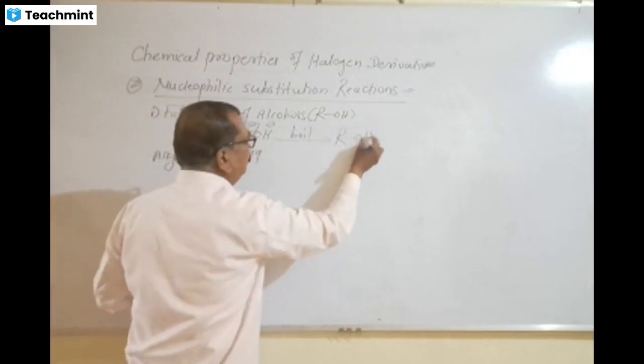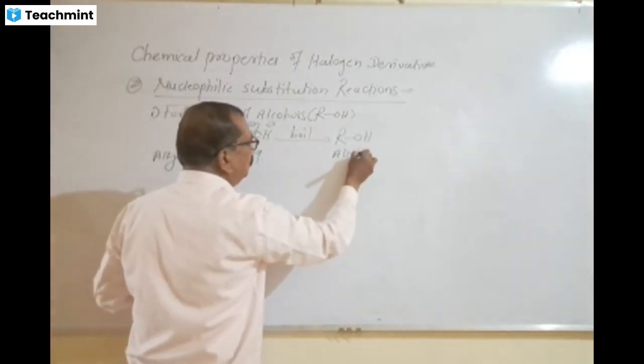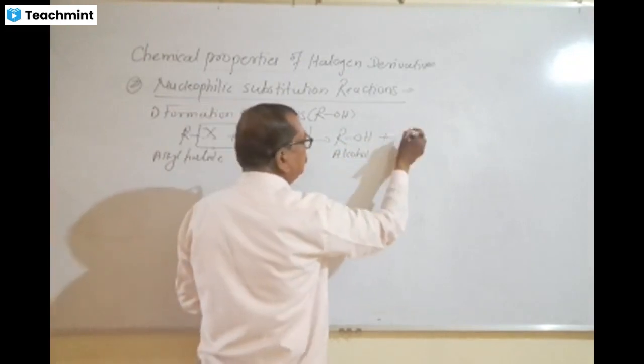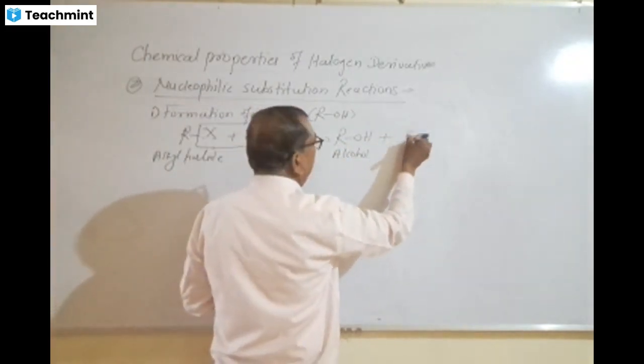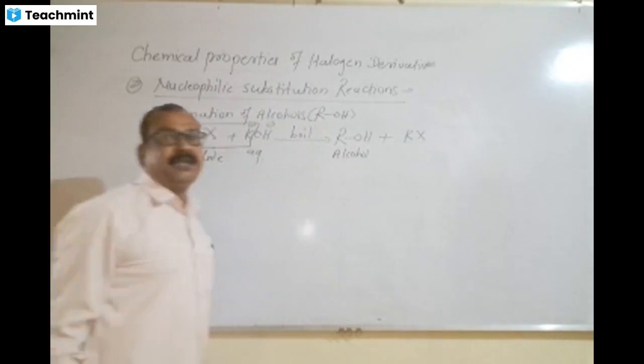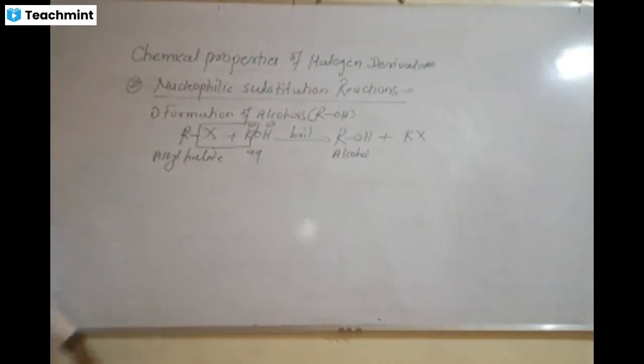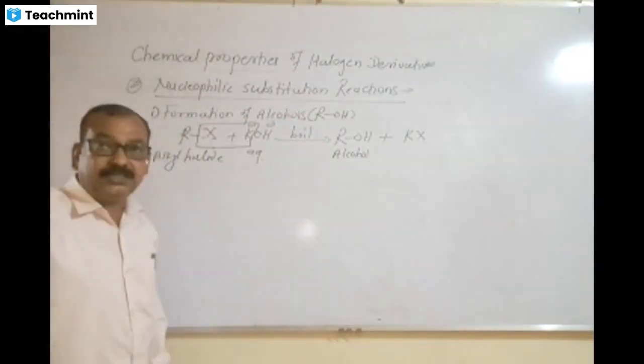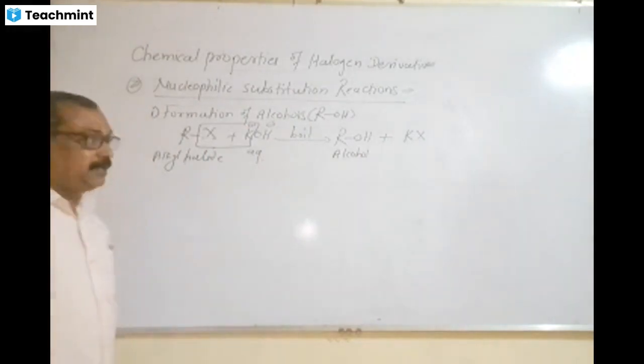ROH is the general formula for alcohol, plus KX, that is the potassium halides, as byproducts. This is the general reaction. If we explain an actual example,